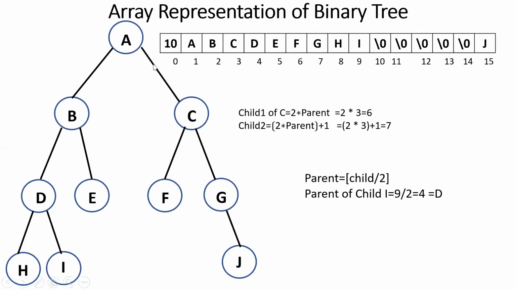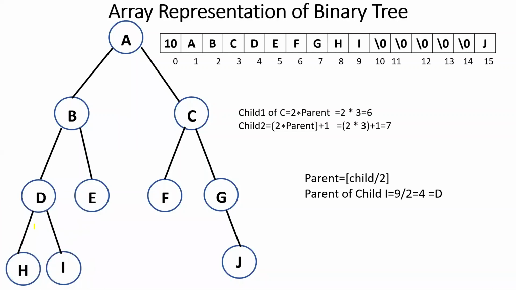So in this array representation, as I had told you, how many nodes are present in this? 10, ma'am. 10 nodes are present, right? And the vertex E is not having any child node. F is not having any child node. And then we have to make a one-dimensional array, as I had told before.